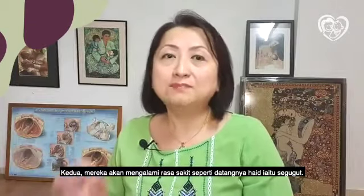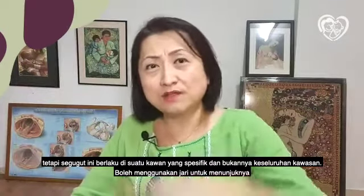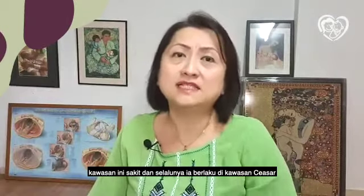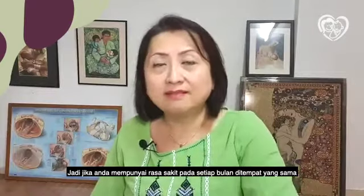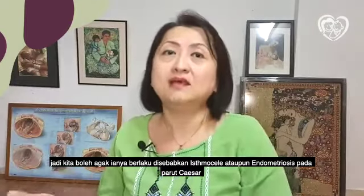Number two, the other pain they can get is period pain. But their period pain is not just any pain. They have this one spot they can use their finger to point to. It's a localized pain, usually just above where the Caesar scar is. So when you have Caesar scar pain at one spot every month, we do need to think about this isthmocele, or we can think about Caesar scar